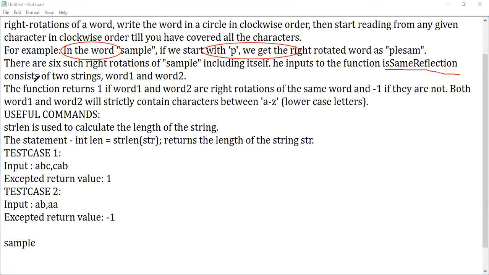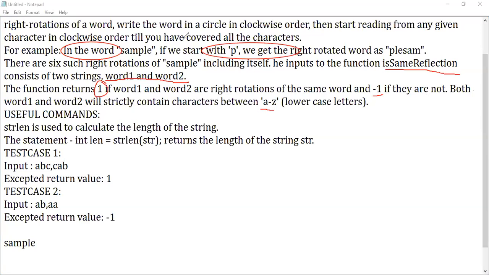This is the function name, which consists of 2 strings, word1 and word2. The function returns 1 if word1 and word2 are right rotations of the same word, and -1 if they are not. Both word1 and word2 will strictly contain characters between A to Z.